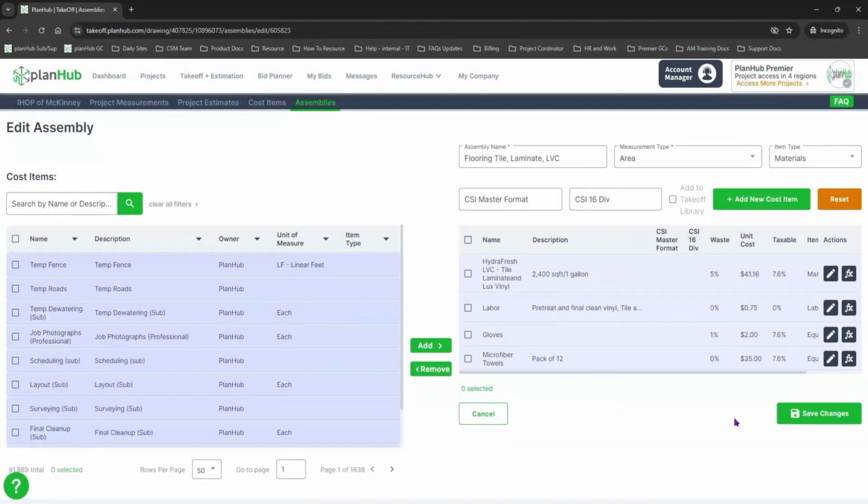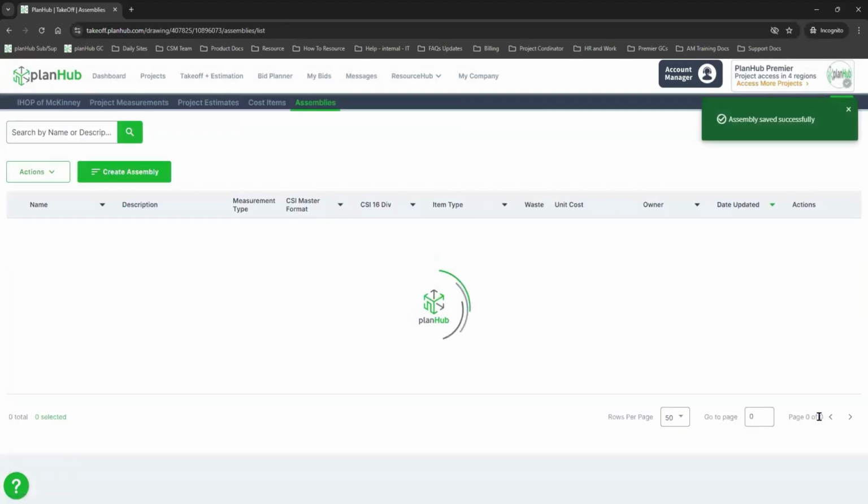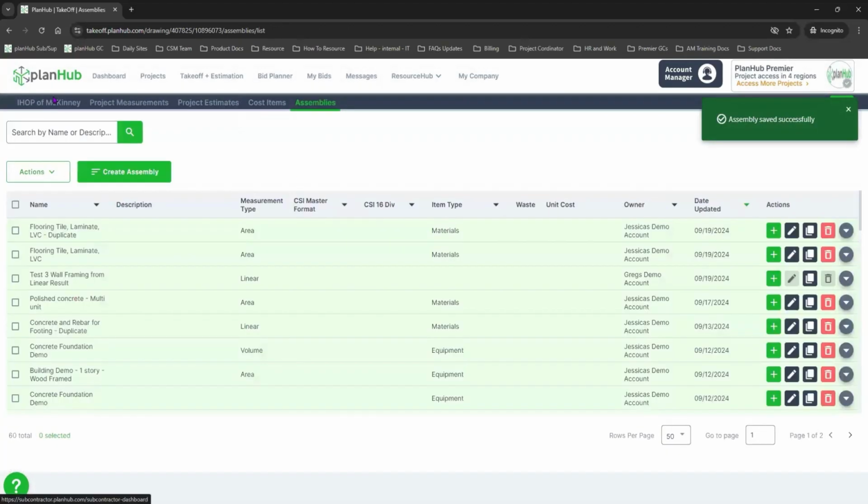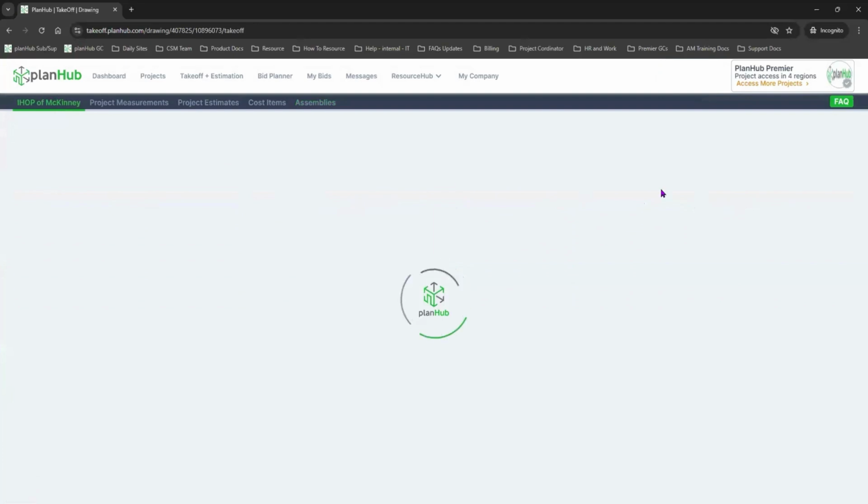Once you've completed adding all of your line items and all of your formulas, save your changes by clicking Save Changes. Now let's put this assembly to use. Navigate back to the Takeoff page,